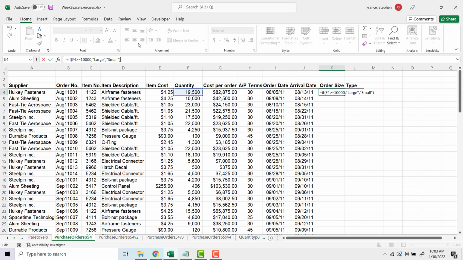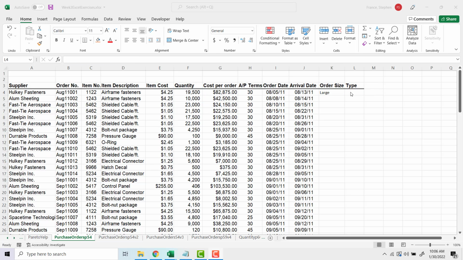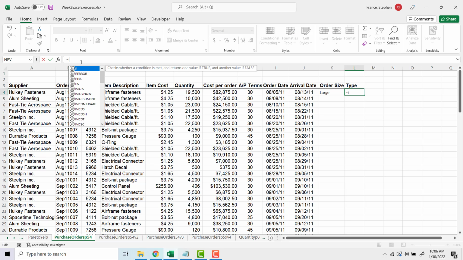Very simple. So again, we've got the conditional statement: F4 is greater or equal to 10,000. If that's true, the first value is large, otherwise it's small. Now we're going to set the critical order. Remember though, the critical order is if it's both large and it has a value greater or equal to 25,000. Now you notice there were two things that need to be true, large and value greater than 25,000. So we're going to use the AND